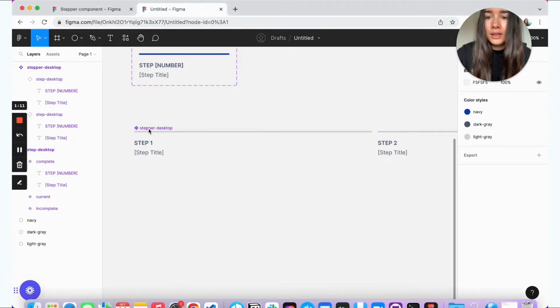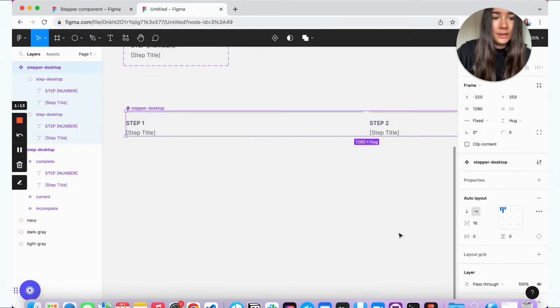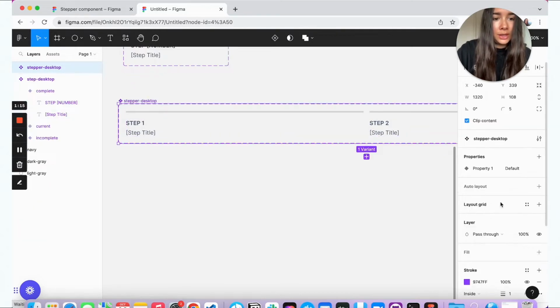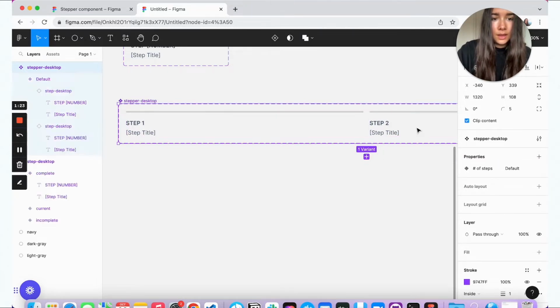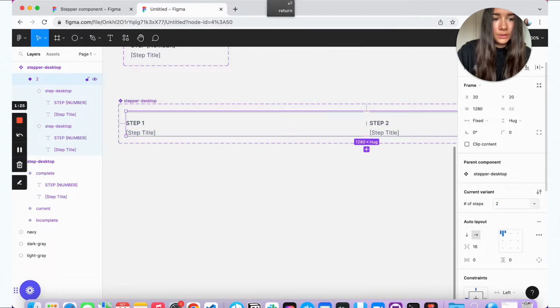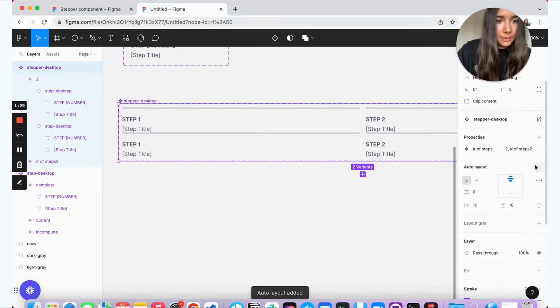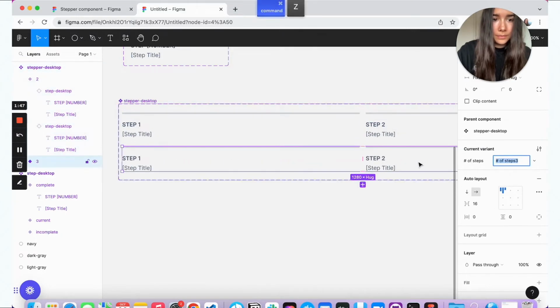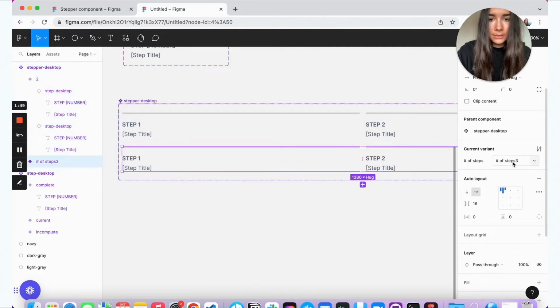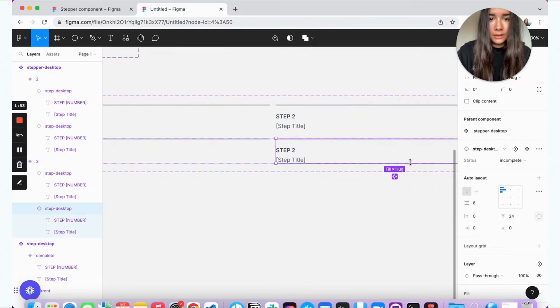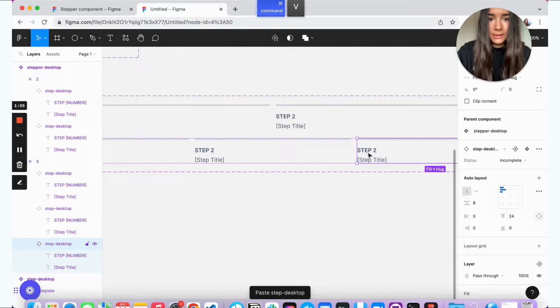To create the variants, again, we're going to create the property, and let's call the property number of steps. This one is going to be 2. Then this one is going to be 3. And we're just going to copy paste.